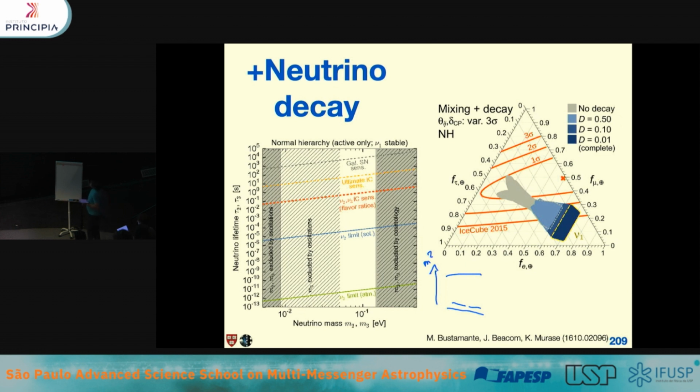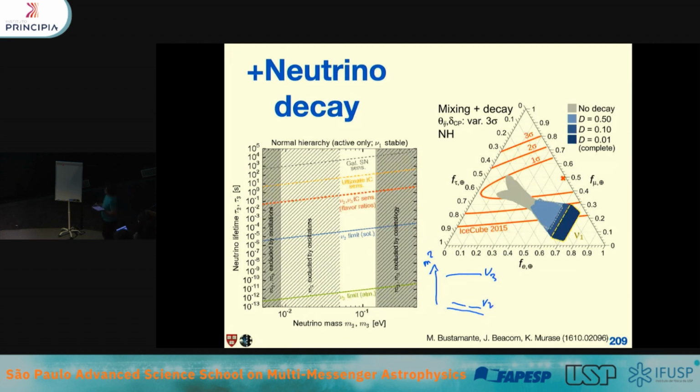Okay. So if you allow neutrino 2 and neutrino 3 to decay, the only stable neutrino you will get is nu1 in this scenario. And that means that what you should observe at Earth is the flavor composition of your nu1 state. And that's given by this one here. Okay? So now if I measure the flavor composition of the neutrinos, and I have some IceCube bands here, I can start actually ruling out the stability of the neutrinos just by looking at these conditions. Of course, this depends on the ordering and some other assumptions.